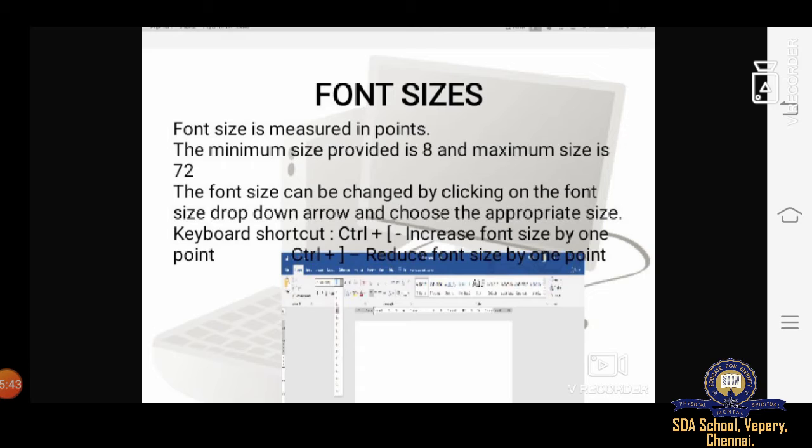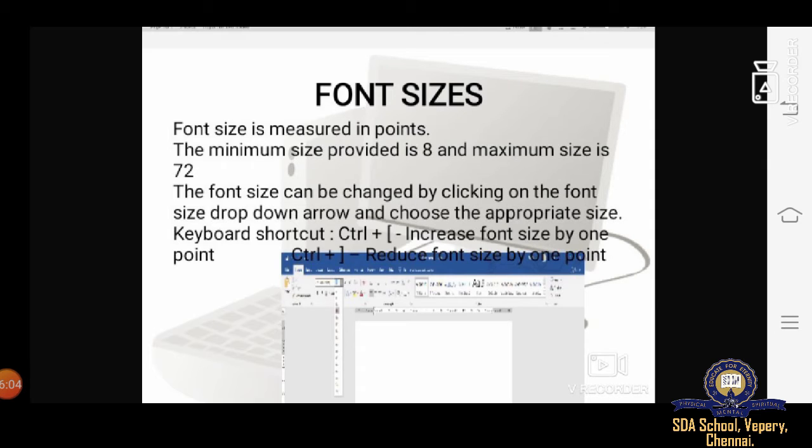The size of a text matters considerably while formatting. The text must be large enough to appear legible. Usually, font size is measured in points. The minimum size provided is 8 and the maximum size is 72.